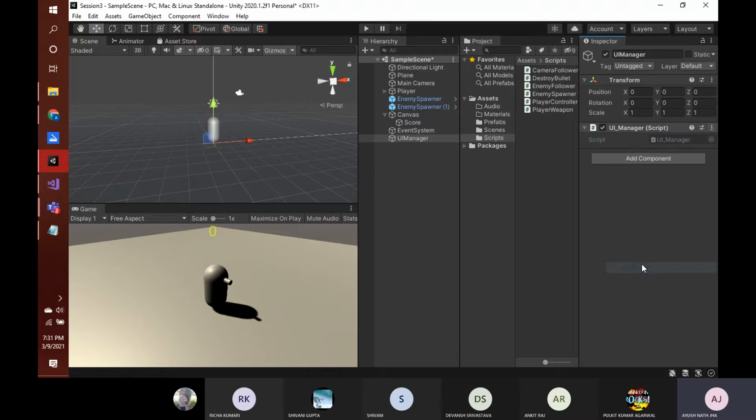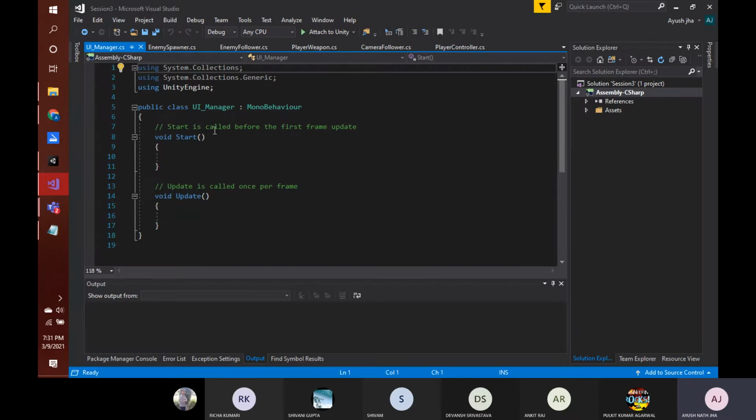Now I'll open this script. Again we are greeted with this empty template, and our line of action was that we first have to create a list. We will iterate over all the elements in our scene, and then we will store all the elements which have the tag enemy spawner in a list, and then we will reiterate in the update function. We will continuously iterate on all those enemy spawners, and we will add their cumulative scores and then show the grand total on the screen. So that is our main aim.